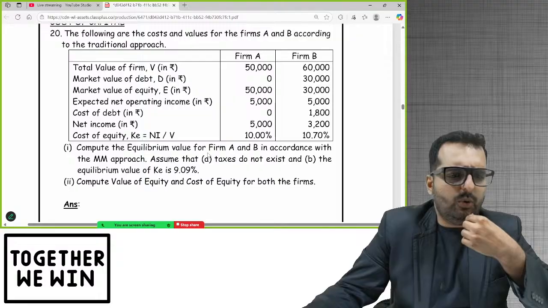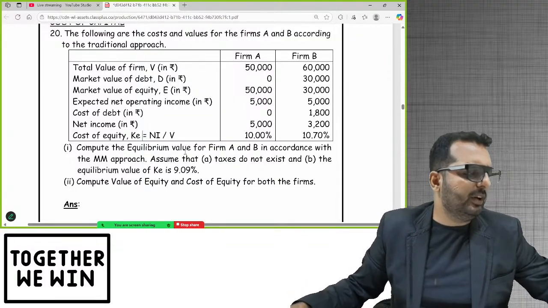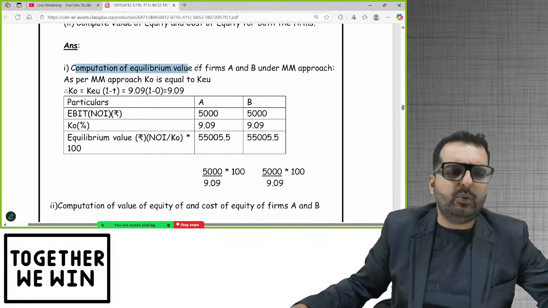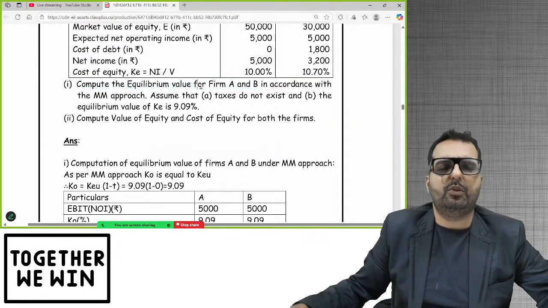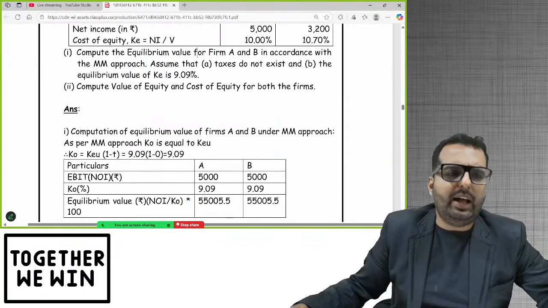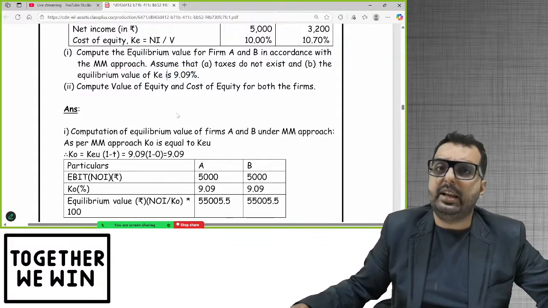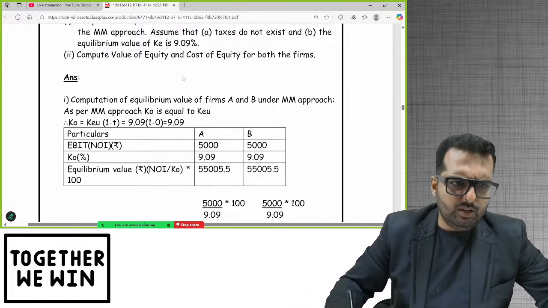All right, friends. Are you all done? Fine. So, friends, once you are done writing till here in your books, I'll just go down. Okay. Now, computation of equilibrium value is what they are trying to find out. They want to find out the equilibrium value of the firm. So, for equilibrium value, they have given you a new KE. What is the KE they have given over here? 9.09%. So, we have learned that